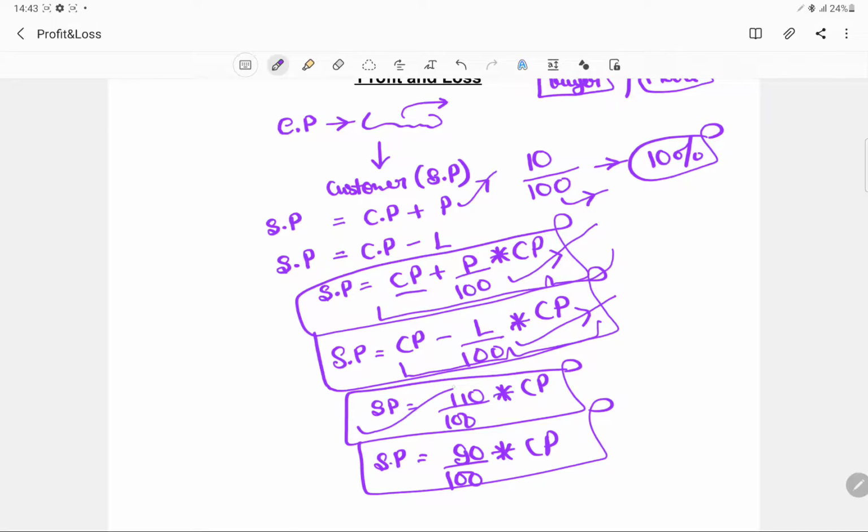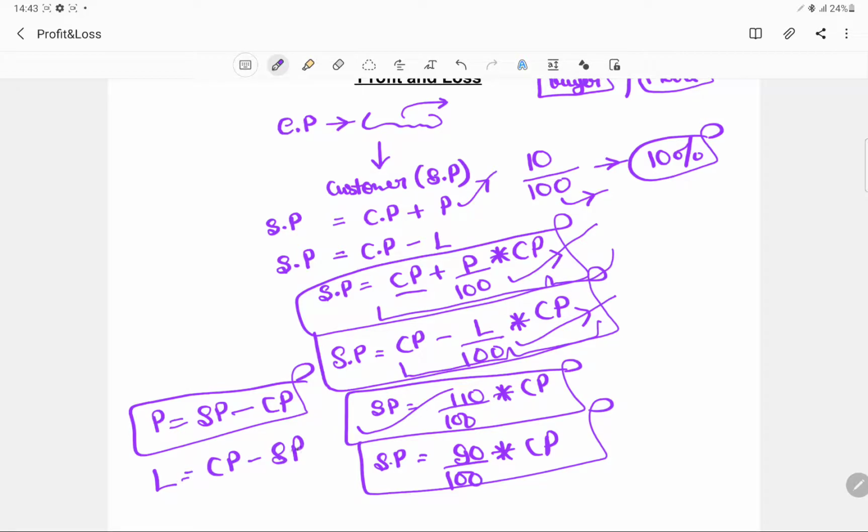And then once we have this, we can obviously calculate the profit as SP minus CP, and we will calculate the loss as cost price minus the selling price. So that is the basic funda. What it actually costed me is the cost price, and over this cost price the entire profit or loss percentage is being calculated. What I actually ended up selling to the buyer is the selling price, and then you have profit and loss accordingly. If I ended up selling at a higher price, then I had a profit. If I ended up selling at a lower price, then I had a loss.